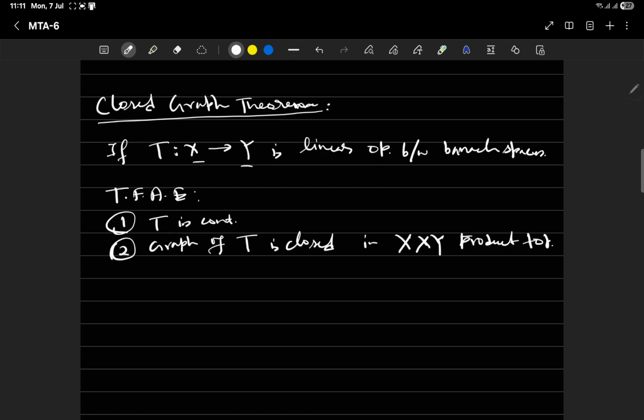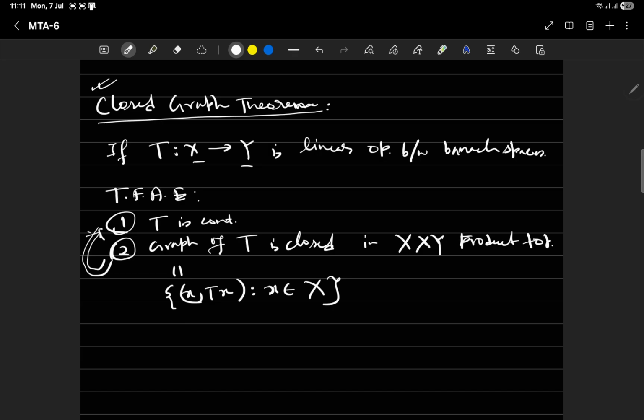Okay. In the product topology on X cross Y, the graph of T would be closed. Now what is the graph of T? The graph of T is x comma Tx, this tuple, where x belongs to capital X. So we will use the condition to prove this. We will show the graph of T is closed, and by the closed graph theorem we will get T